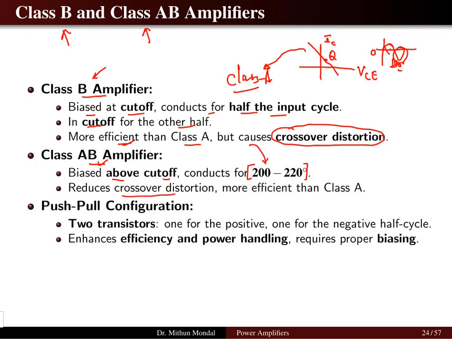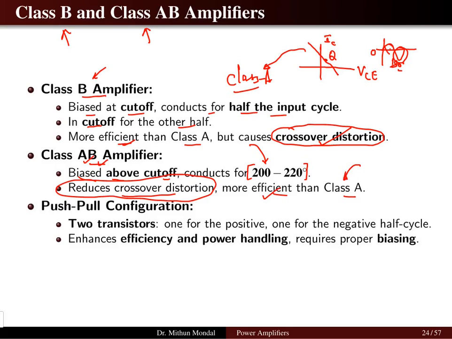It reduces the crossover distortion, and is more efficient than class A. In class B amplifier, we have seen that it will cause the crossover distortion. So class AB amplifier will reduce the crossover distortion and it will be more efficient also than class